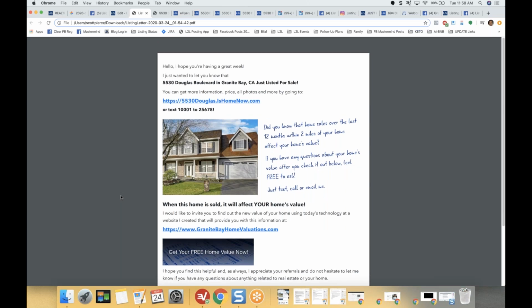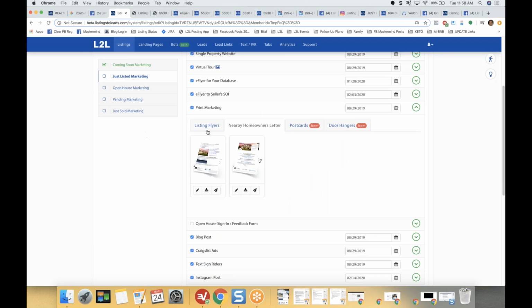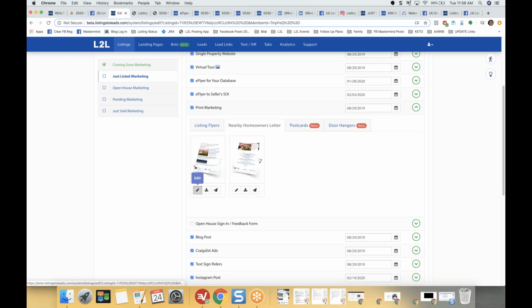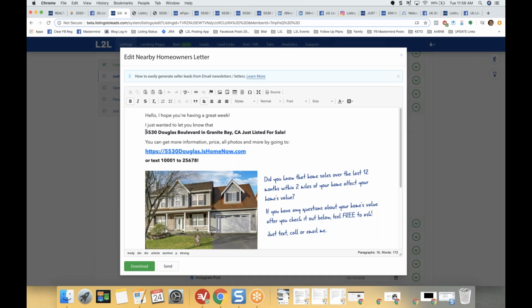Hey, just want to give you a little bit of information about a new listing down the street, about an open house, about a property that just sold, about a listing that just went into contract. You get the idea. But let me just show you real quickly. Oh, nearby homeowner's letter. There is the edit opportunity. So I can come in here